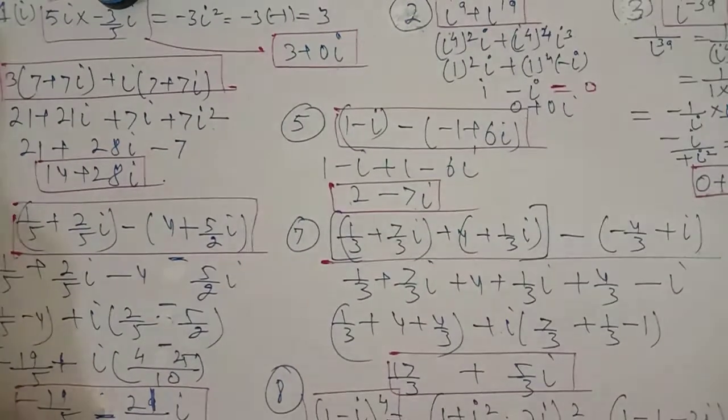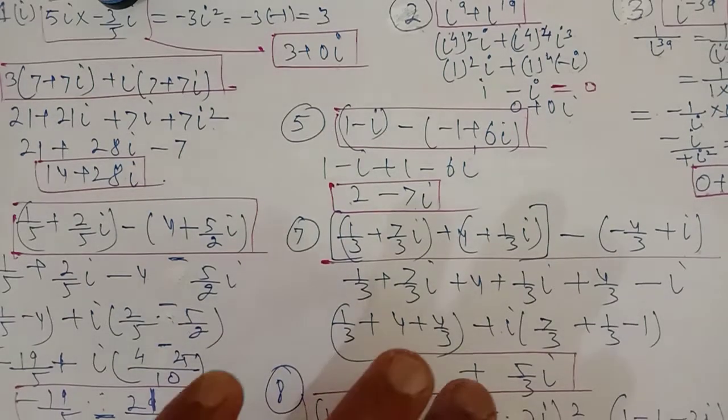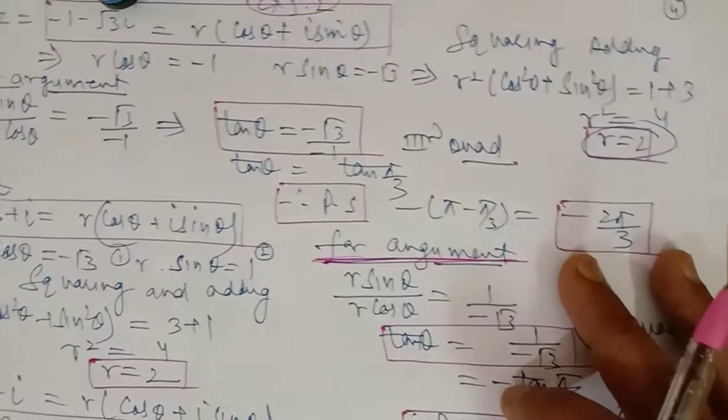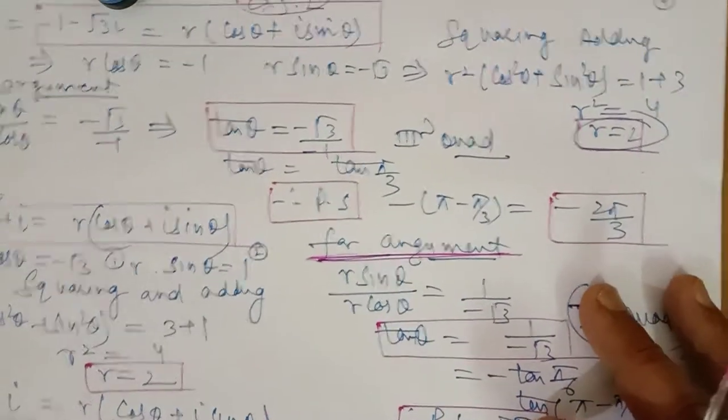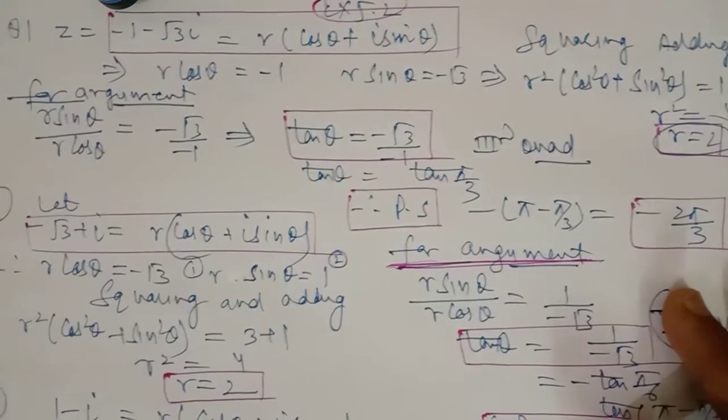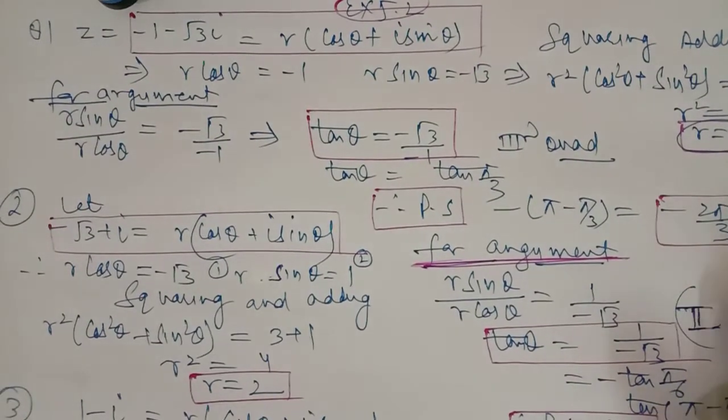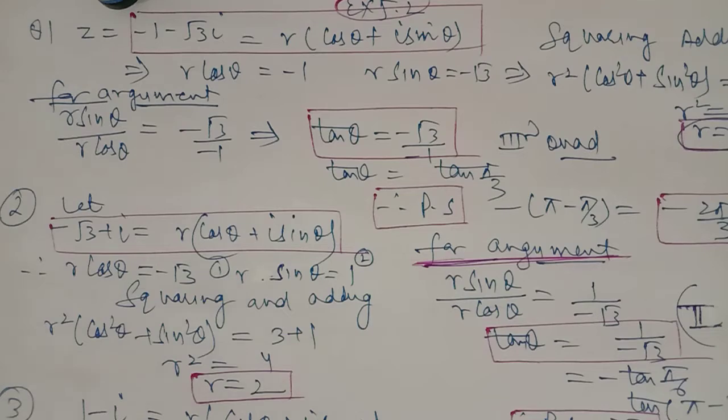in which it contains only the simplification of the imaginary part, and in those we have to convert this into the a plus ib form, real part plus imaginary part. In the exercise 5.2, we have to find first of all the principal solution and the modulus of the given complex number, or you have to convert any complex number into the polar form.